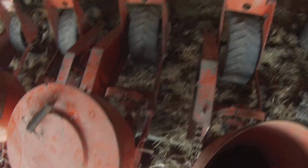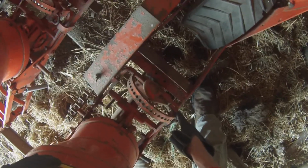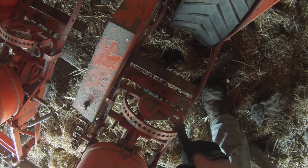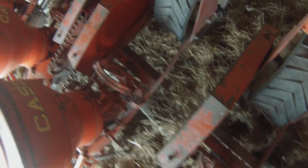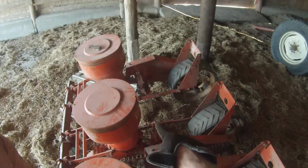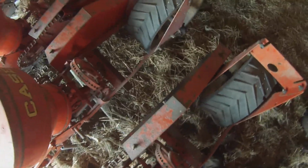But which one of these is the best or the worst one? Well, this one we broke the retainer on when we were working on it, so maybe this one. And then, well, that one's got a broken tab on it that's been welded. I guess multiple ones have. Does that one have the little ring thing that we can pull out? Yeah. We'll just take this one off and use it as a parts unit, and then